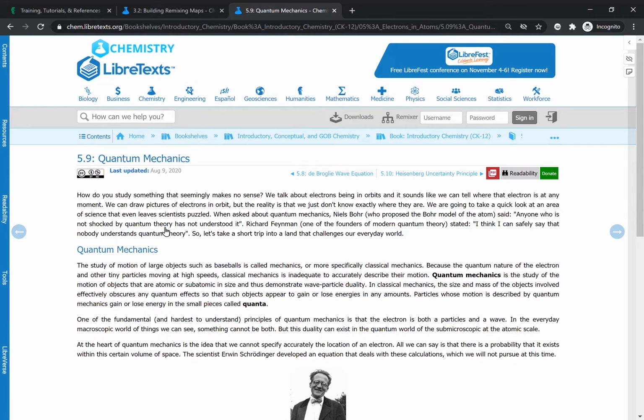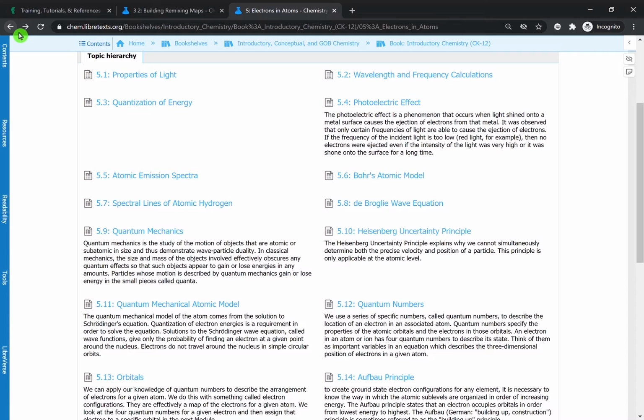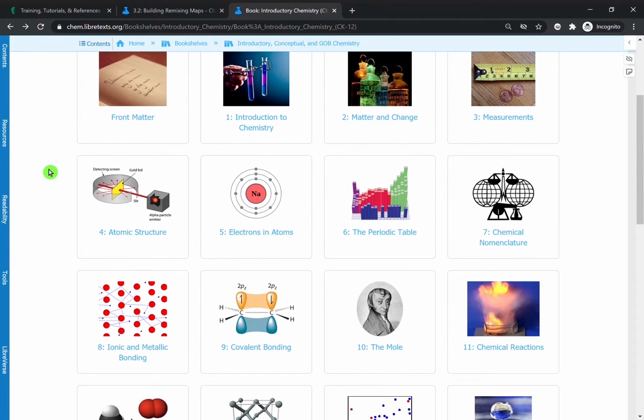Quantum mechanics. Of course, a super fascinating topic. However, is this what you need? That's a thing I want to emphasize here. LibreText will not just give you all the answers to everything you need. They'll make them available, but you have to look for them. It will not build the book for you automatically. You have to find what you want in the book